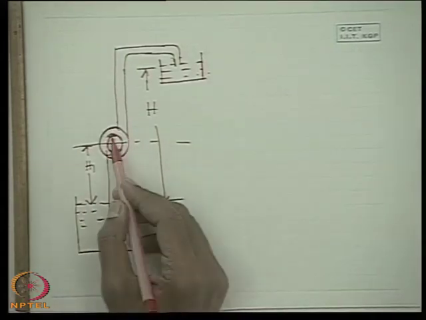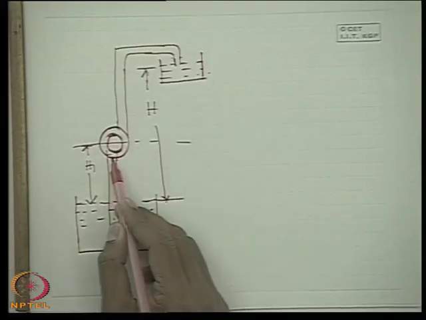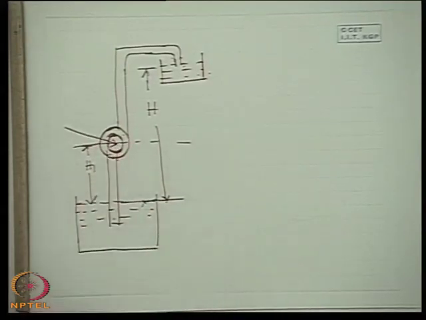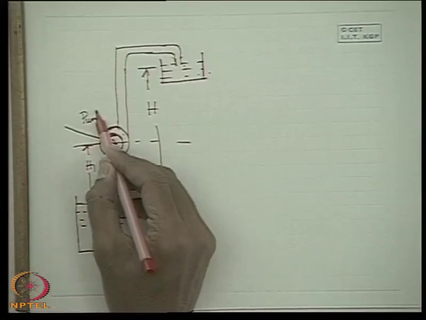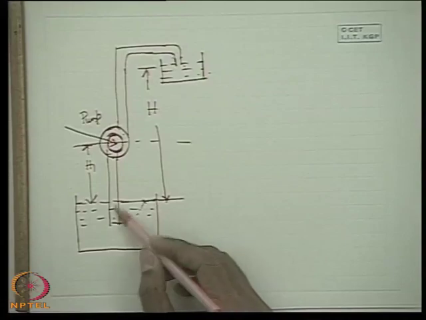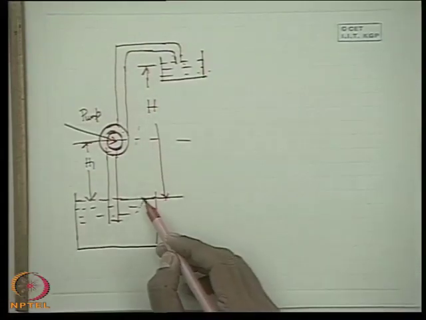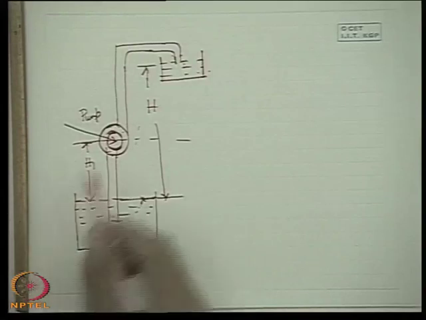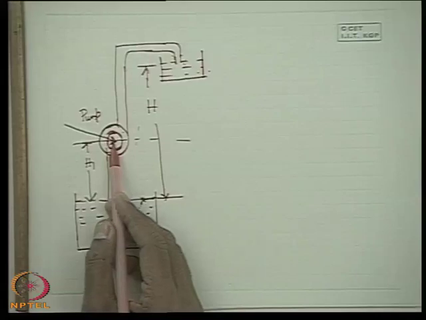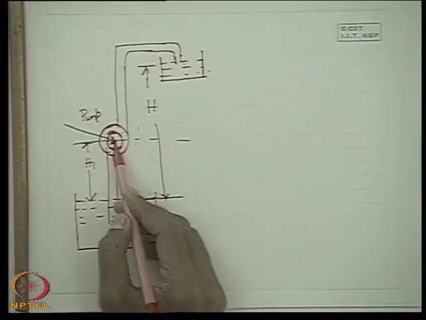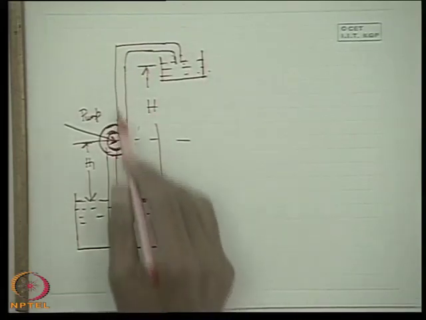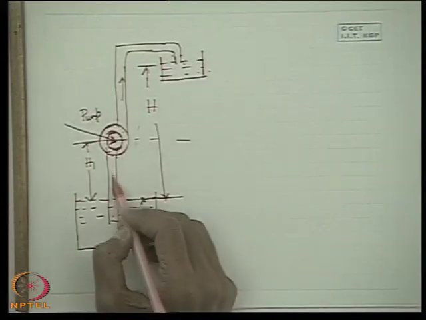Now what happens? The purpose of the pump is to suck the liquid from the lower level. The liquid is flowing from a lower level to a higher level. This is because energy is added in the pump. So with the aid of energy addition, it is possible to take liquid from a lower head to an upper head. That means the potential energy of the liquid is increased by virtue of electrical energy converted to mechanical energy, which is imparted to change the potential energy of the fluid. That means the fluid at a lower datum head is being lifted. So it is flowing like that.